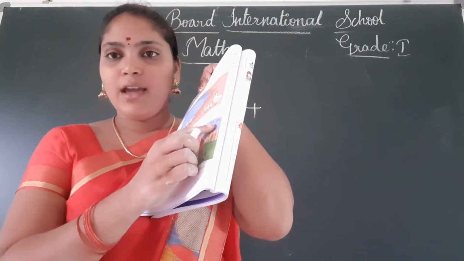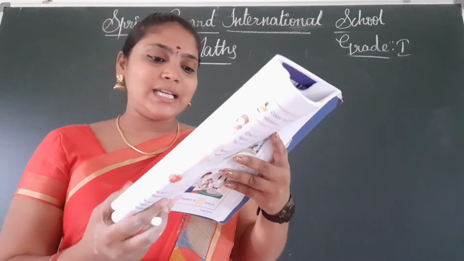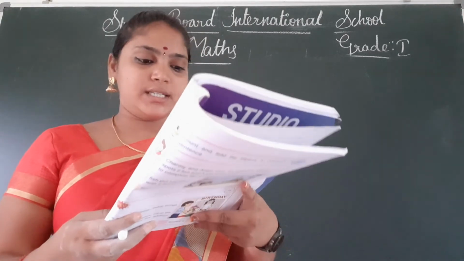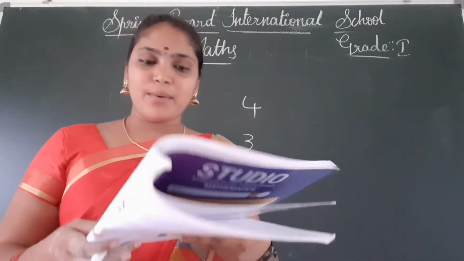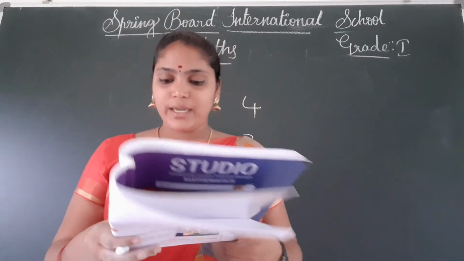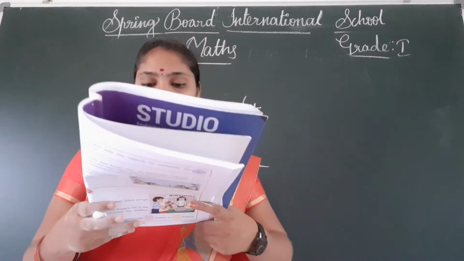1, 2, 3, 4, 5. Totally how many birds? Totally Shekhar needs to feed 5 birds. 2 birds put together with 3 birds is 5 birds. When things are put together, we add them. When we add, the number becomes more.